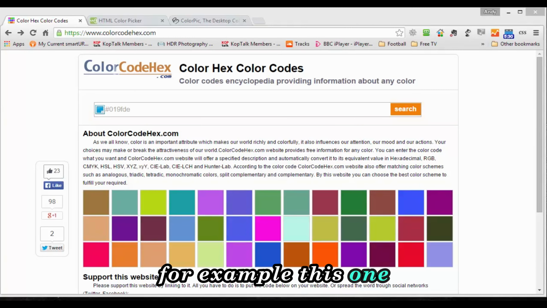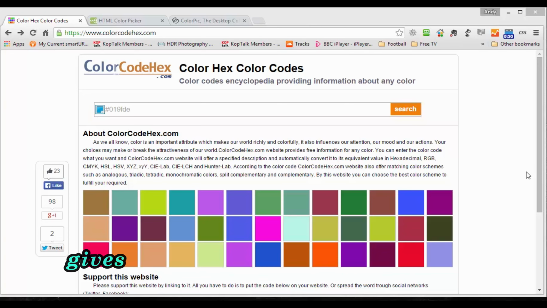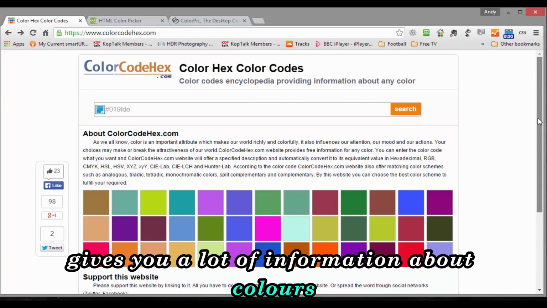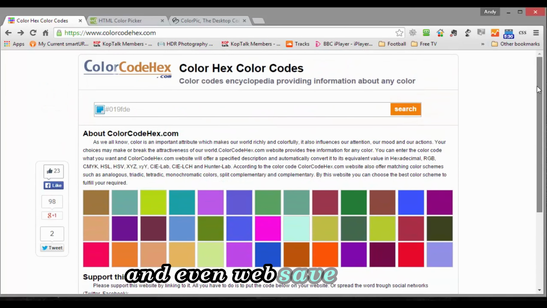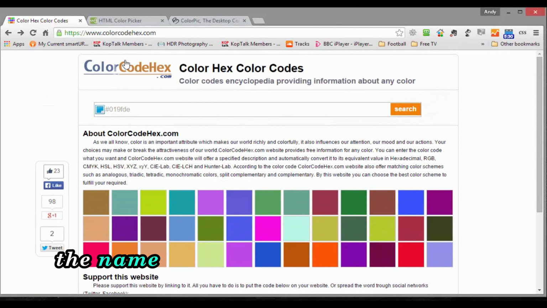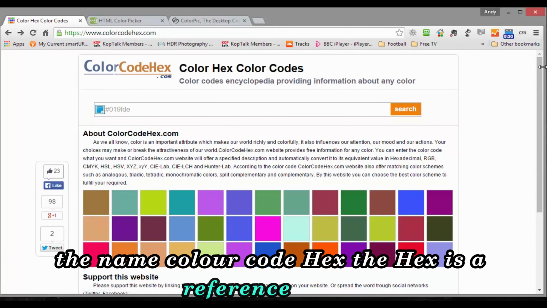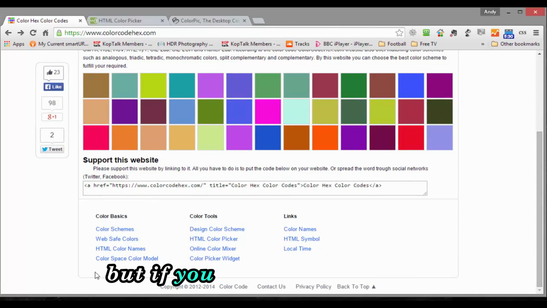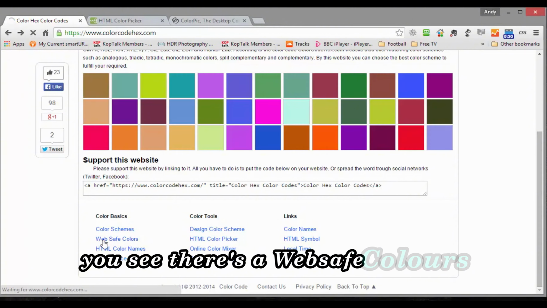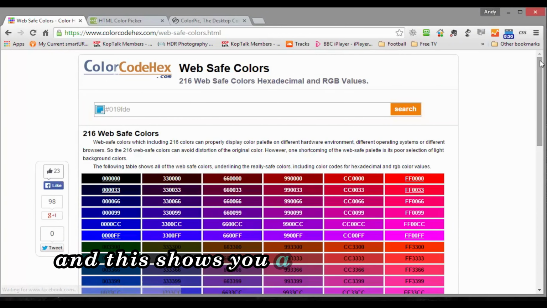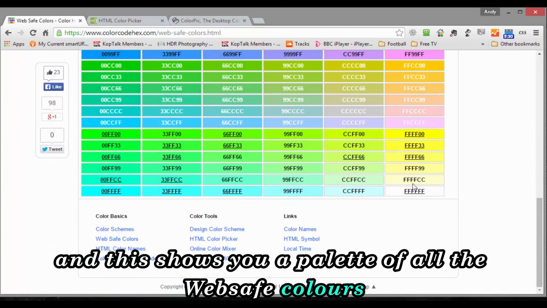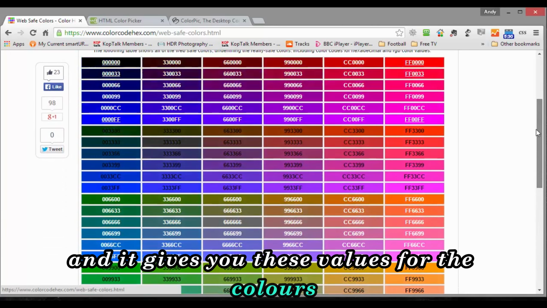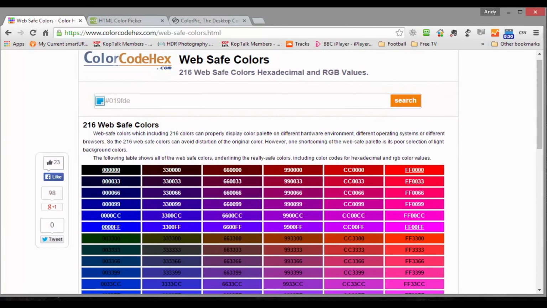For example, this one, colorcodehex.com, gives you a lot of information about colors and allows you to choose colors and even web safe colors. The name color code hex, the hex is a reference to one of the naming systems we use for colors, which we'll have a look at in a moment. But if you scroll to the bottom, you can see there's a web safe colors section here, and this shows you a palette of all the web safe colors, and it gives you these values for the colors. And if you click on one of these, we're taken to a page with more information. So let's just click on this red,